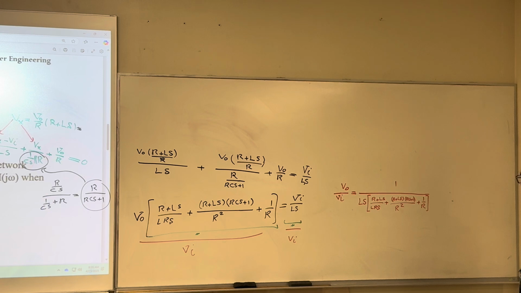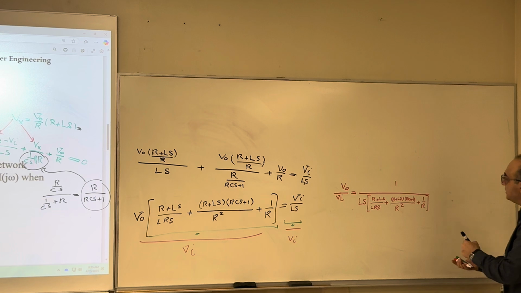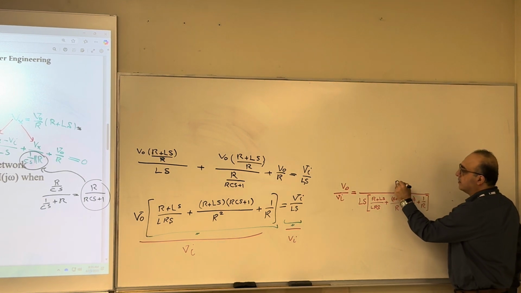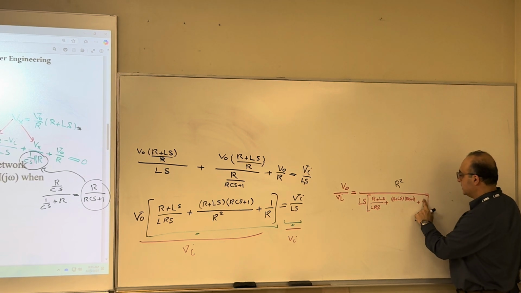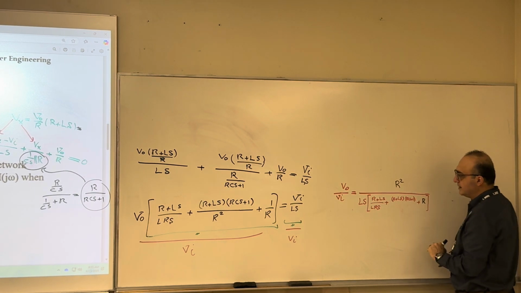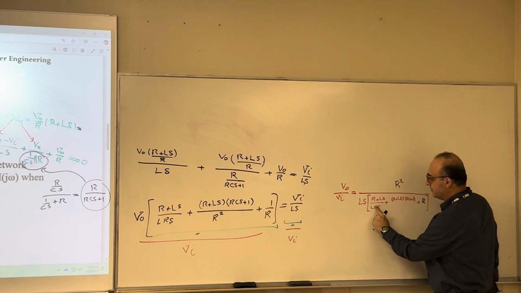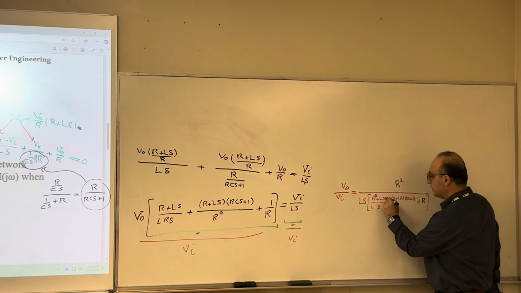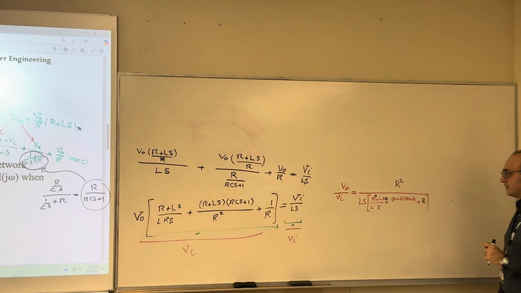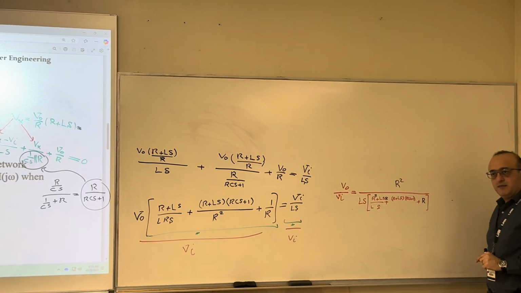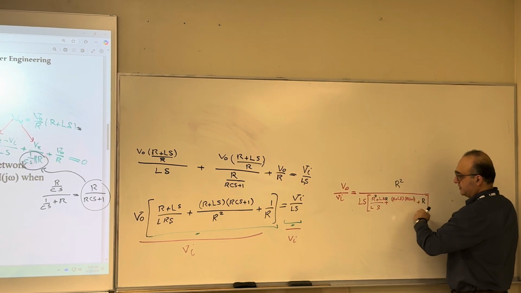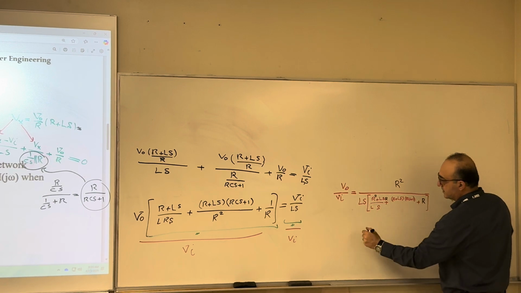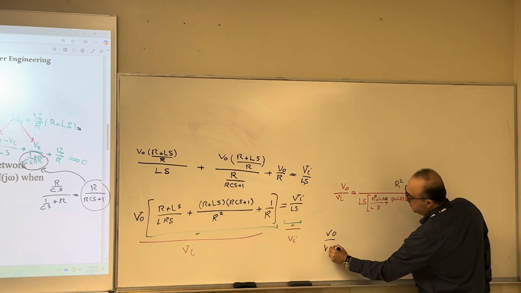But you can multiply everything with R2. Up is going to be R2, this part is going to be gone, this is going to be R. R2, 1 over R is going to be gone, with this one, the other is going to be R. See, this is not that difficult. I multiply this LS inside that, this is cancelled, then VO over VI is going to be